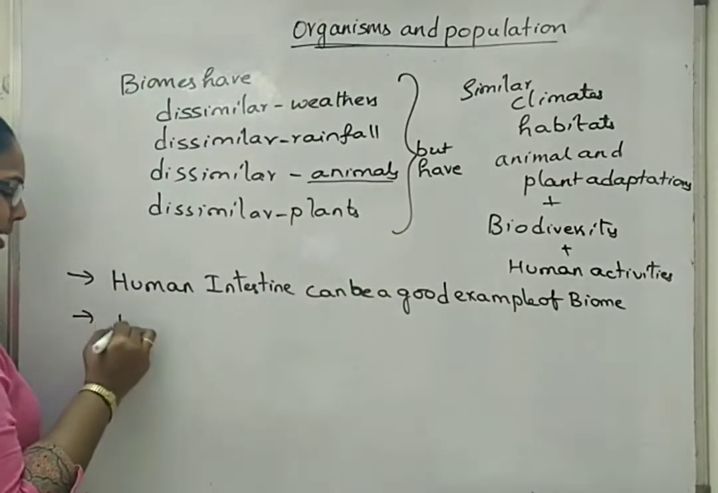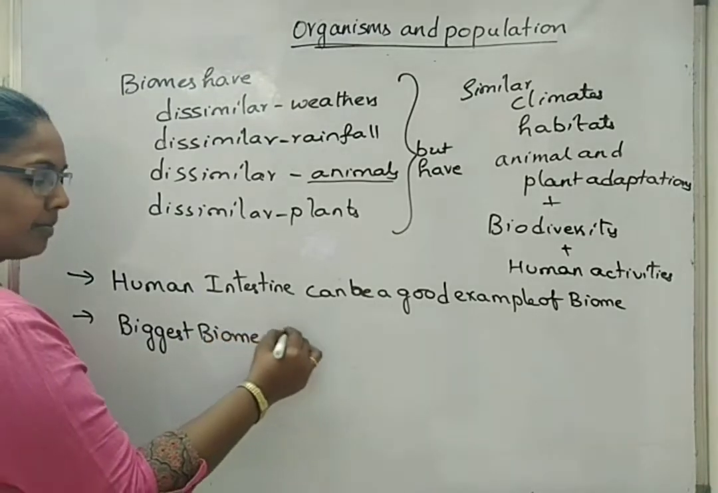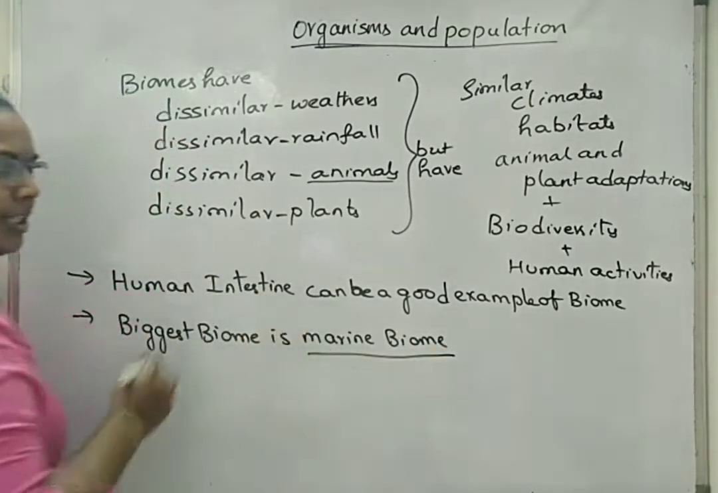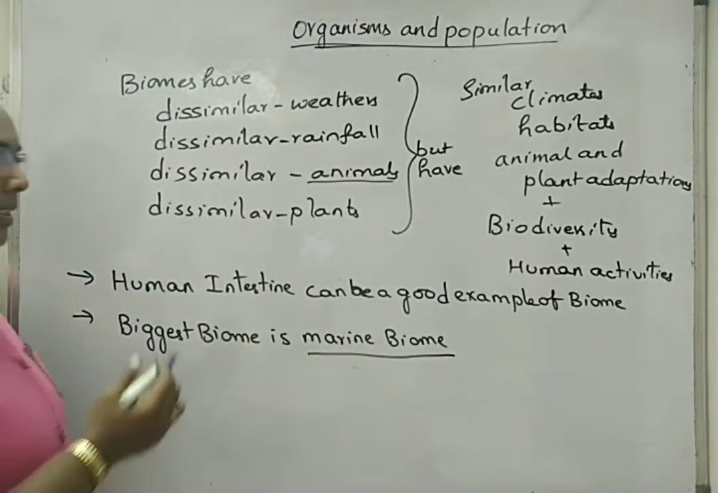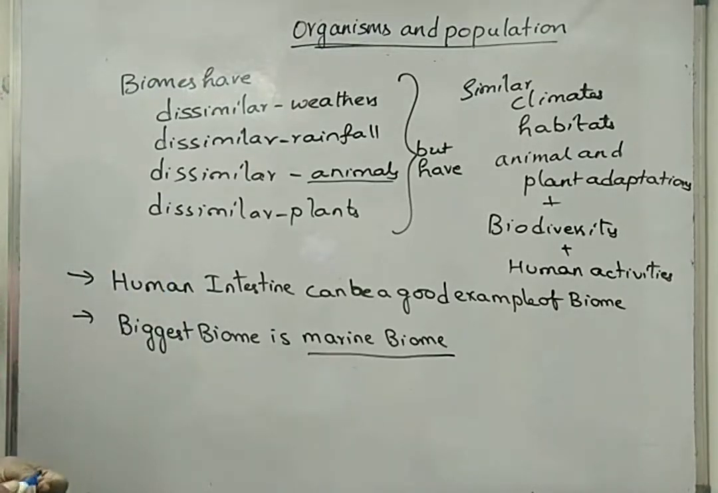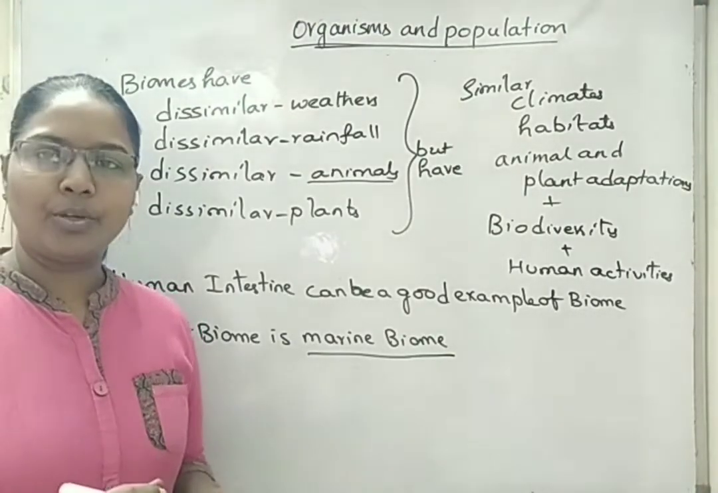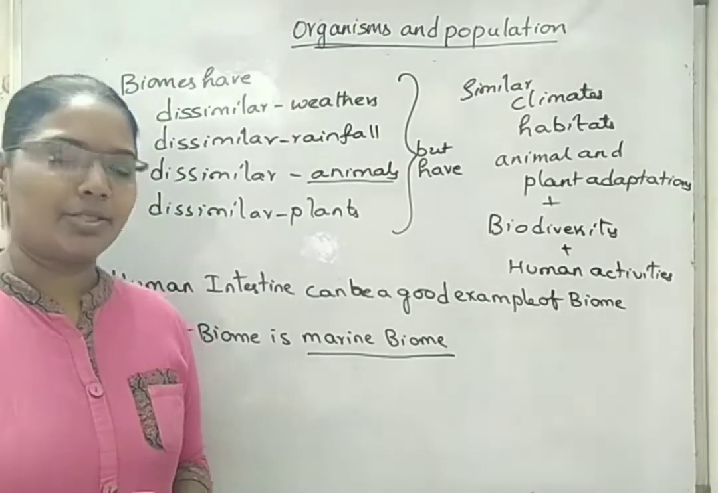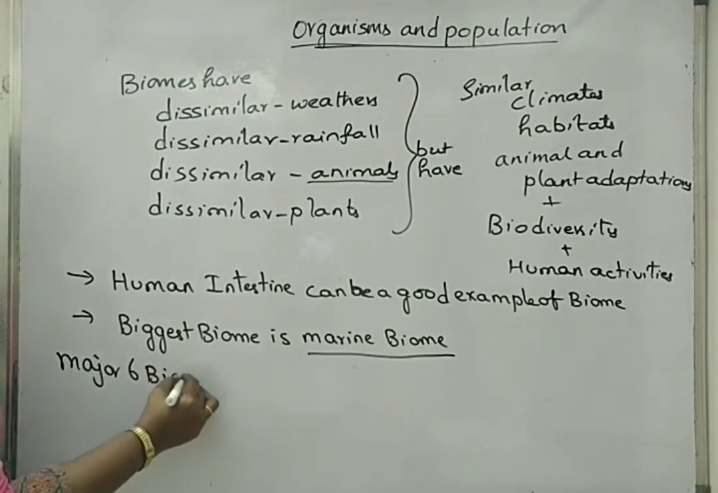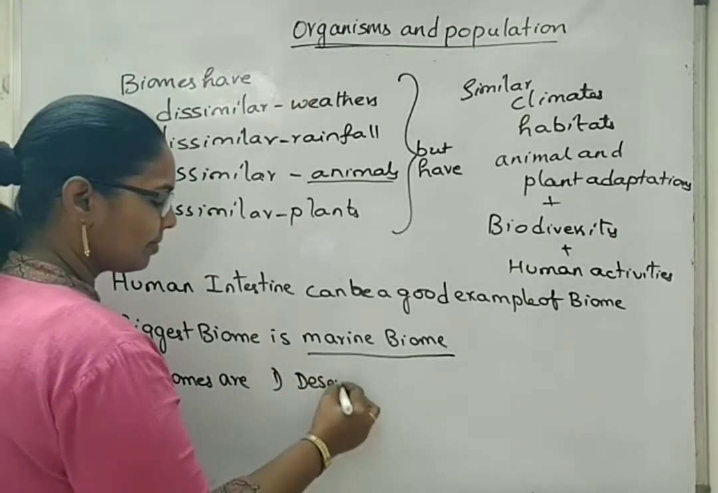The biggest biome is the marine biome, means the oceans which are having salt water. Their salinity is common in all types of oceans. Basing on the salinity only, we differentiate the aquatic organisms into marine organisms or marine fishes and freshwater fishes or freshwater aquatic organisms. Next, the major 6 biomes are: one is deserts,